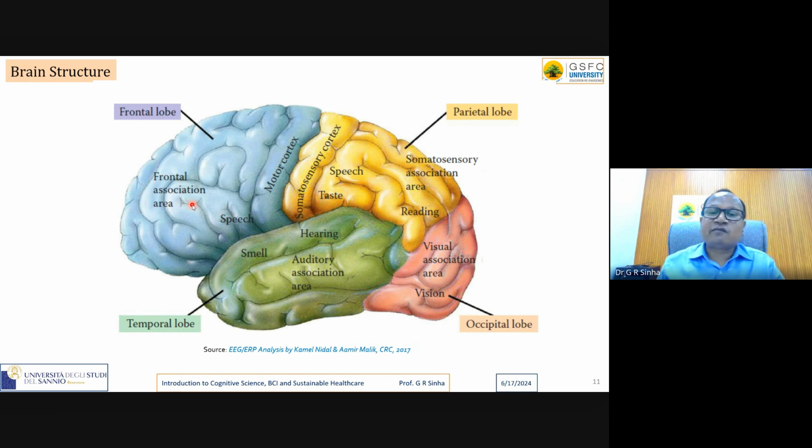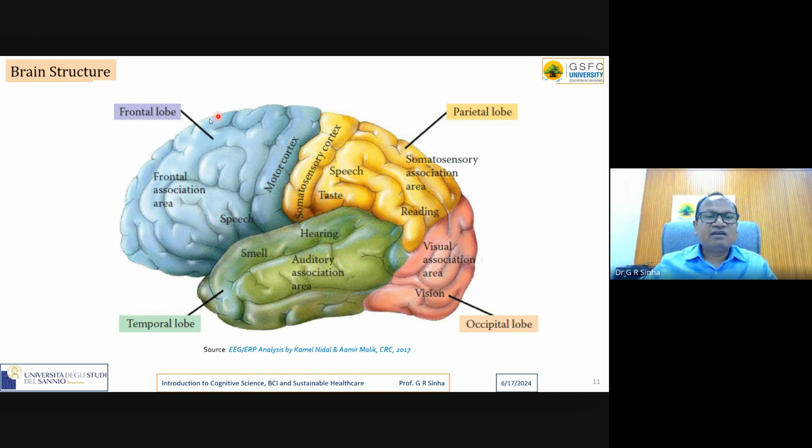Look at this picture very carefully. Very, very interesting picture. This is a structure of the brain. Look at the different areas. On this side is the frontal area of the brain. Then comes the parietal area, and just below it there is an area called the temporal area. Different colors have been given. And here, look at the occipital lobe. There are some central and cortical areas that have not been highlighted. I have just included four major areas of the brain.